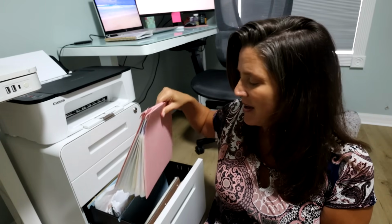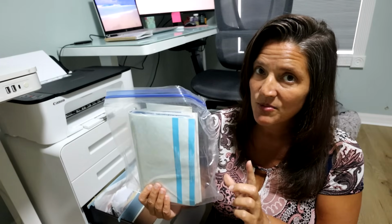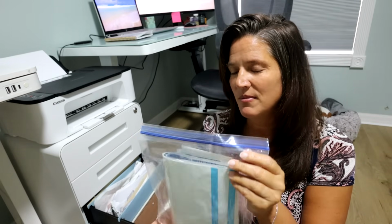We cleaned this out a few months ago. The only thing I keep in my file folders that I hold on to is their birth certificates, obviously, and social security cards. Since we live in Florida now, we have hurricanes. I keep this in here because last year we actually had Hurricane Milton, which was pretty treacherous for the area, and we really had no idea what it was going to do to our area, but they definitely had to be